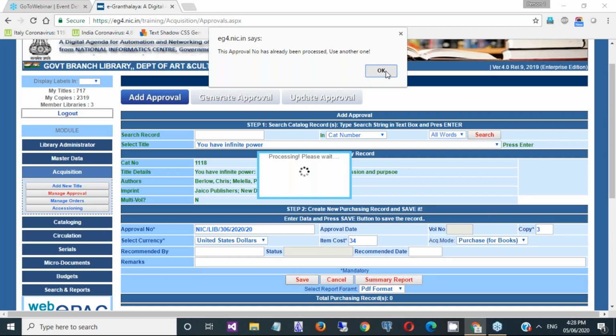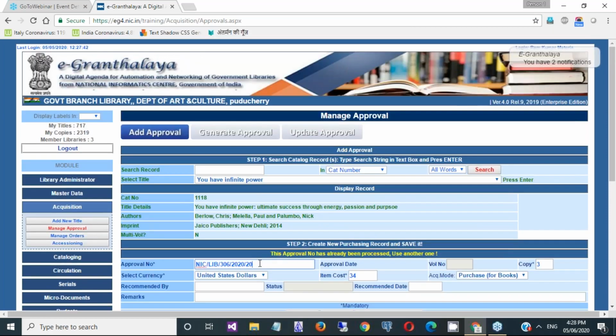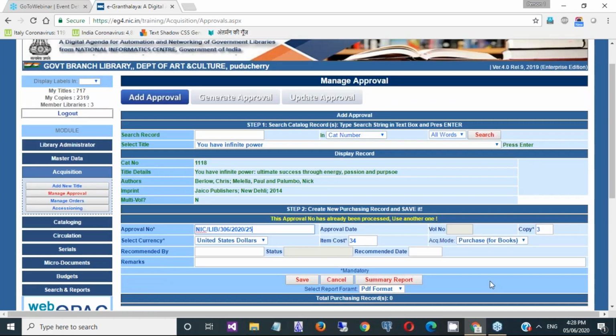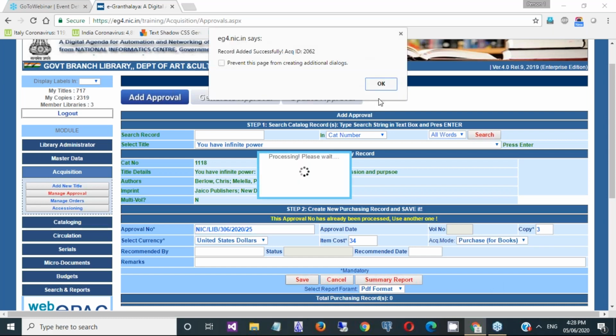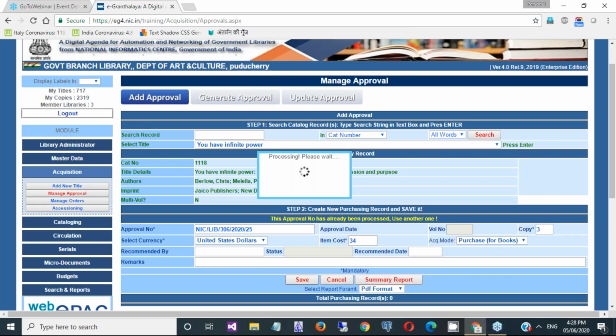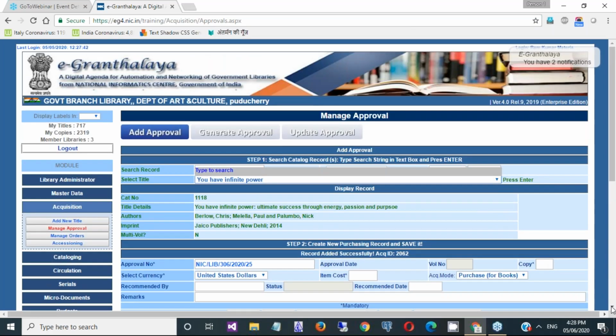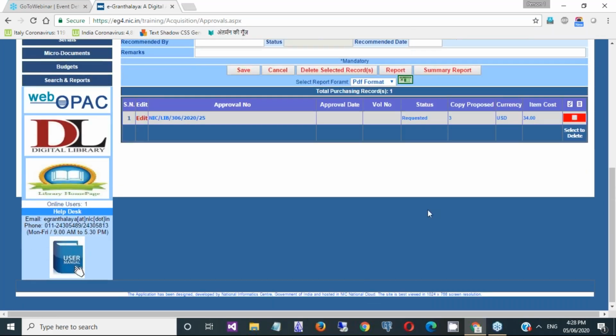This approval number has already been processed, so we need to take another approval number. As I told you, a unique approval number is always required at the time of going for a new procurement process. So the record has been added under this book, and in case copies of this book have already been procured, you could see them here.